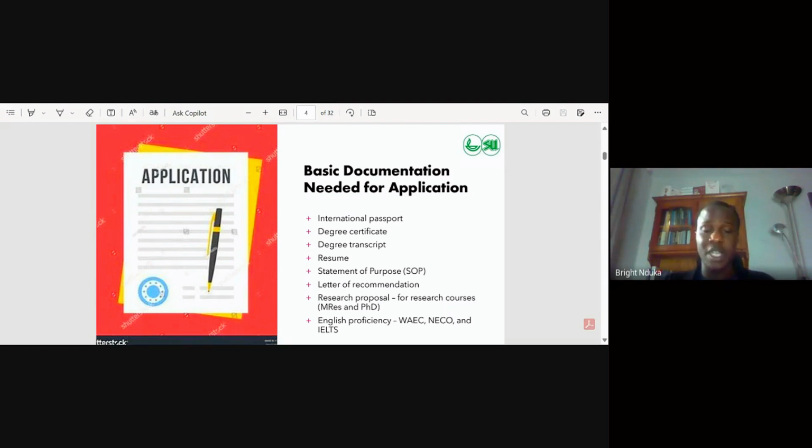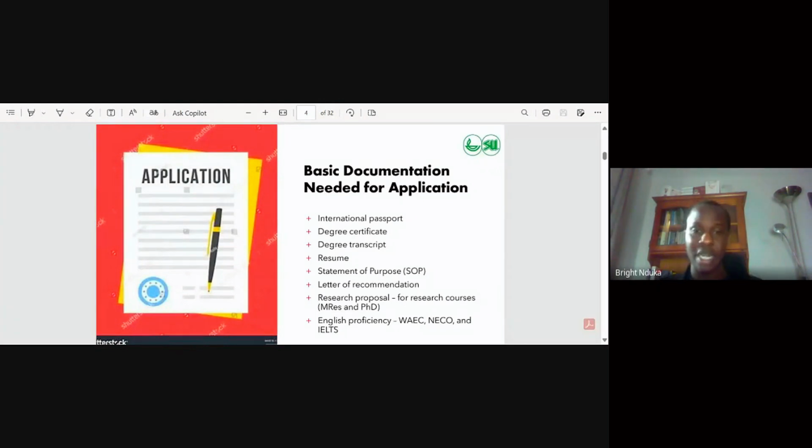Then your degree certificate. Obviously, this does not concern people going for another first degree, that is a bachelor's degree. But if you are going for a graduate program, you need to provide the degree certificate of the previous education you did, which is your first degree, your BSc. Or let's say you are going for a pre-masters and you did something like OND, HND, or a postgraduate diploma, when you are applying for that higher education, you will need to provide the degree certificate of that postgraduate diploma that you did.